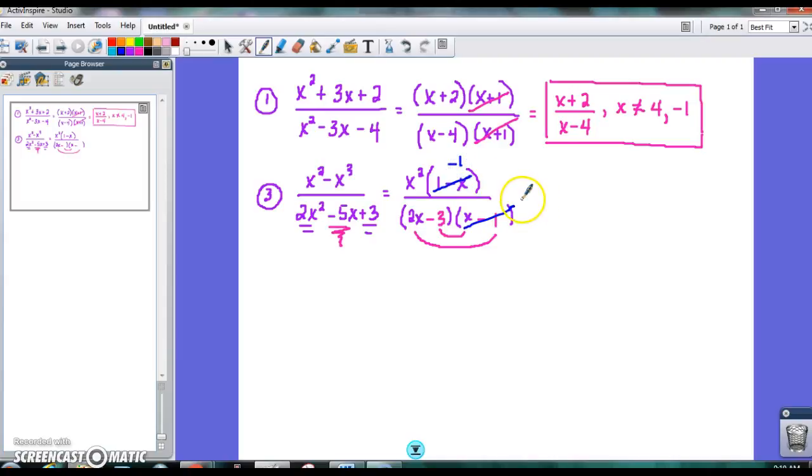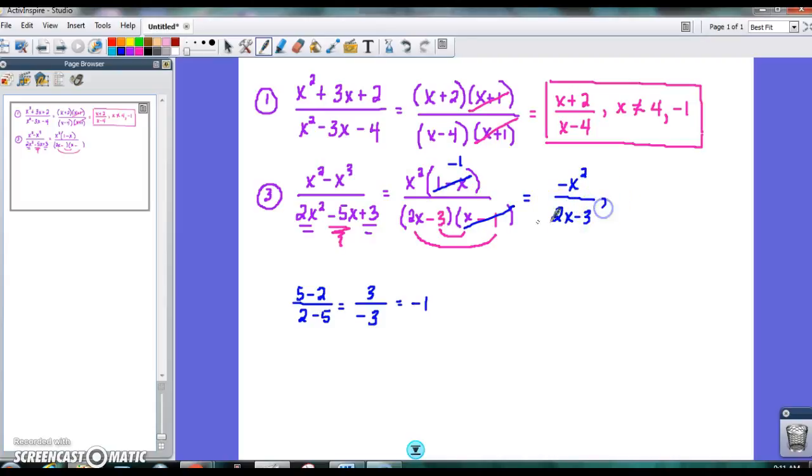They equal negative 1 when they cancel. Because think about this. If I have 5 minus 2 over 2 minus 5, if I do that, that would give me 3 on the top, and that would give me negative 3 on the bottom. 3 divided by negative 3 is negative 1. So when you cancel factors that are opposite of each other and there's a subtraction sign between them, they cancel to negative 1. So that leaves you with negative x squared in the numerator and 2x minus 3